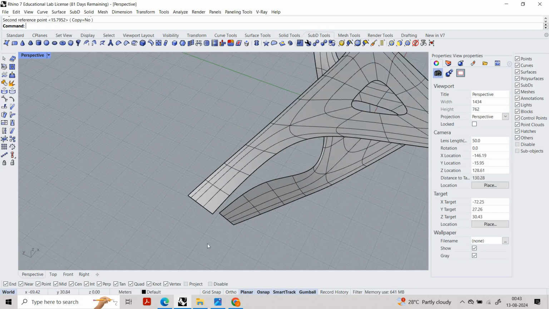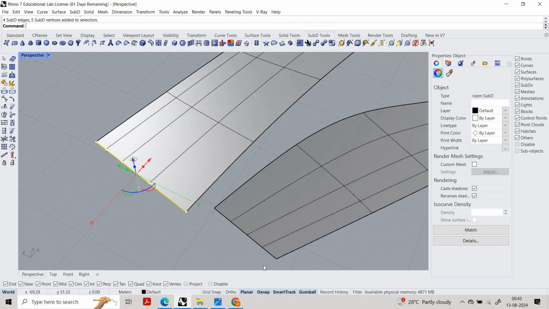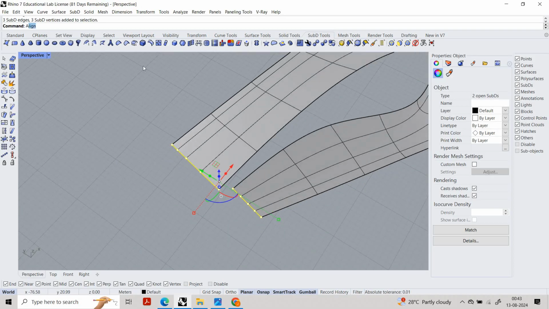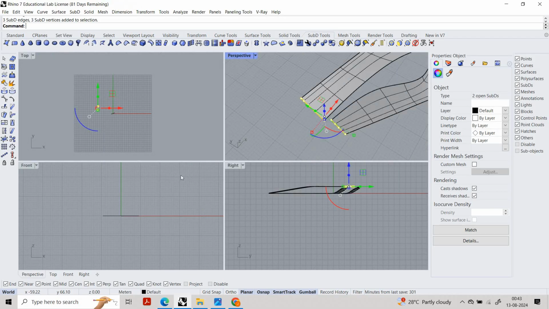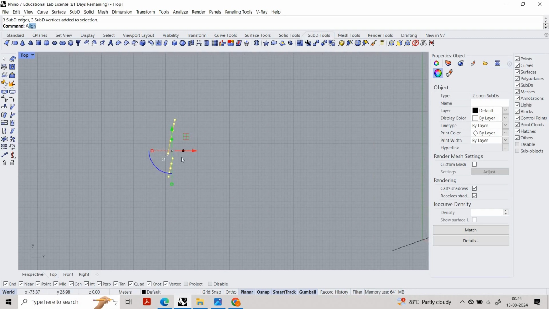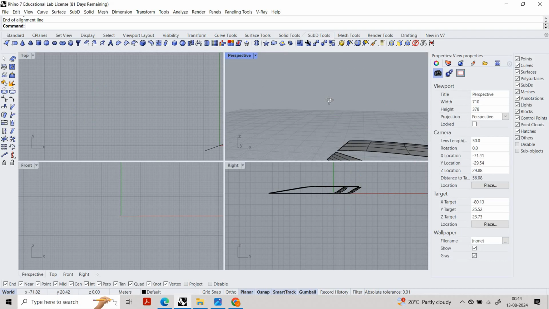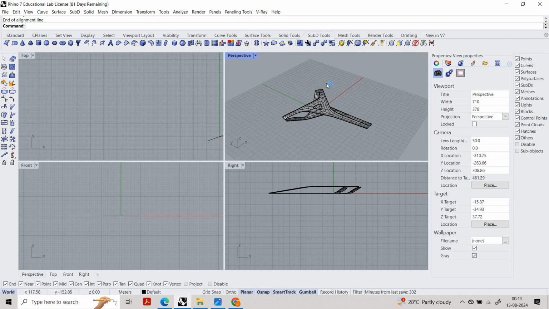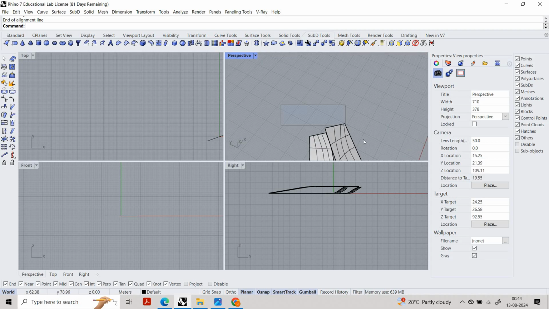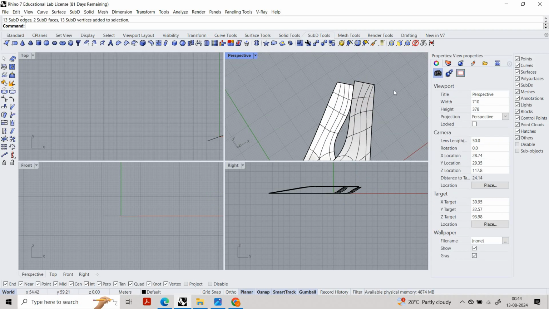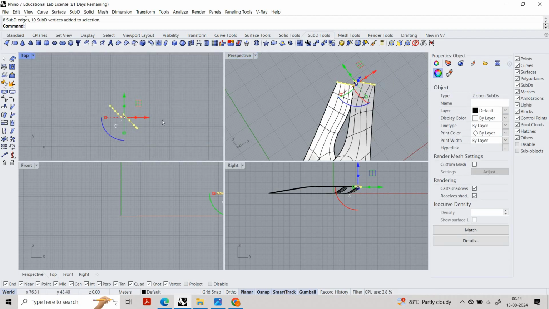So what I'm going to do is select the edge over here, and select the edge for this, go to top maybe, and use align to line. Okay, so you can see it's been aligned. So that's what I'm trying to say, it's not a problem, but make sure it's at least closer. Align to line,